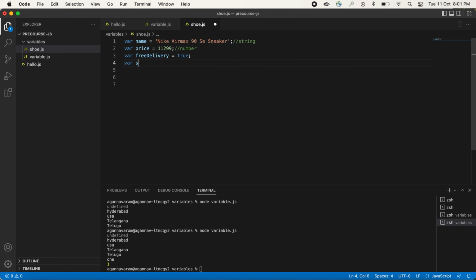So I'm saying sizes is equal to some random sizes instead of the original ones, because this is just our replication of the actual Amazon product. So I'm just giving these random numbers. Also, let's assume that this is available in different colors: blue,